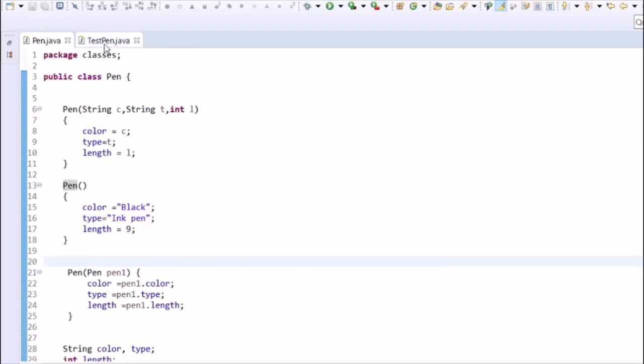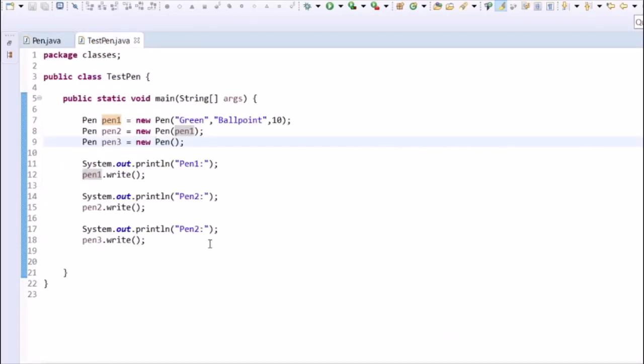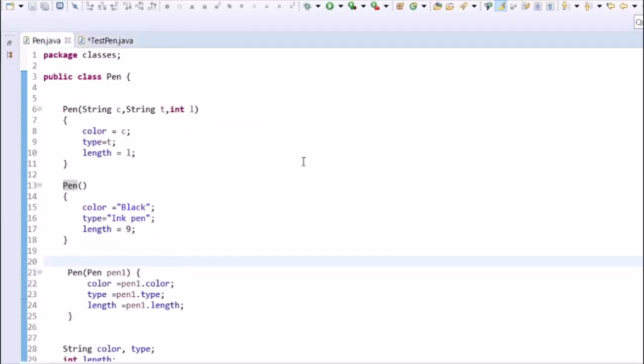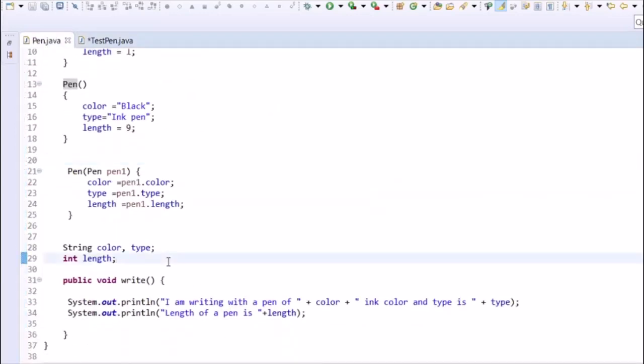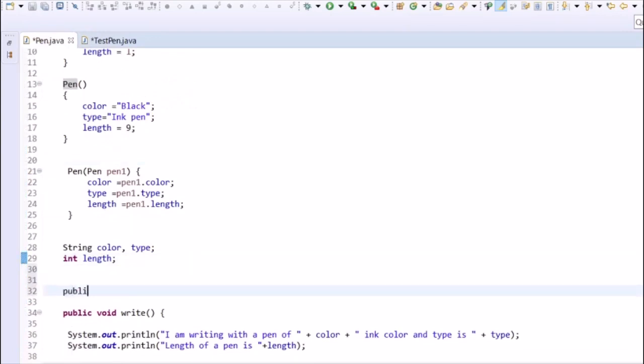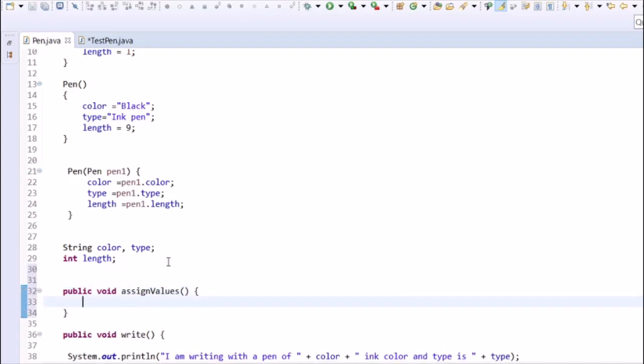Similarly, we can overload a method. For method overloading, let's create a method in this class by the name assign values, which would assign values to these instance variables.